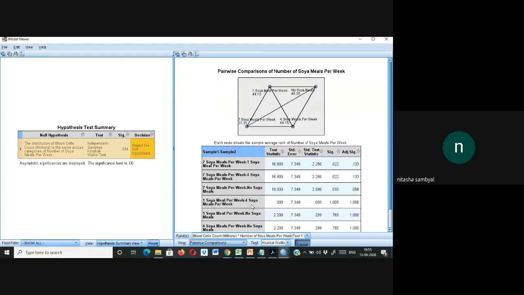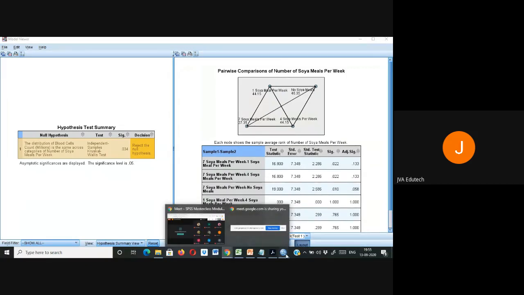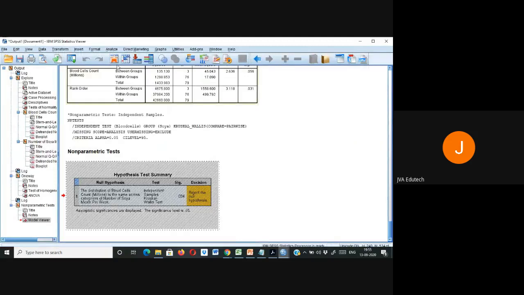Yes, sir. Even you can see from this value also, this group is having no significant difference. This group is having no significant difference. Only significant difference is coming in this group. So you can do like this. Let's see if we do the same test by the stepwise method, then what happens? What results are we getting?